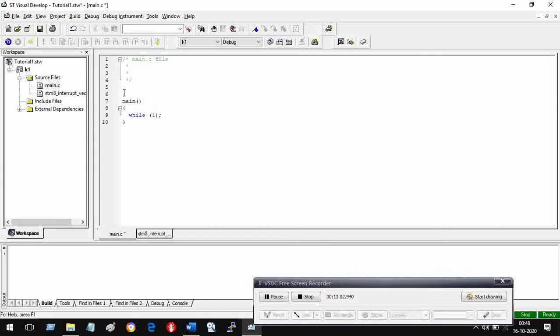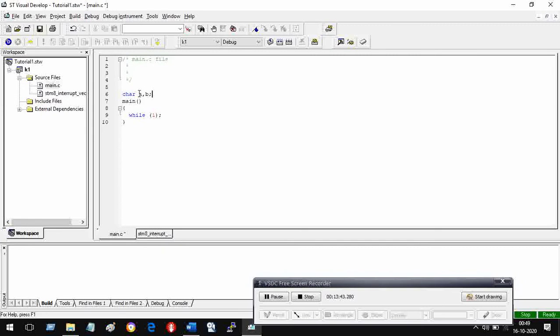So what I will do is I will define variables like character, and character means a variable which can be stored in 8 bits, so it is a byte wide variable. So char a comma b, and then semicolon, it would mean that a and b are two variables which have the size of 8 bits, and 8 bits means the value cannot exceed 255.